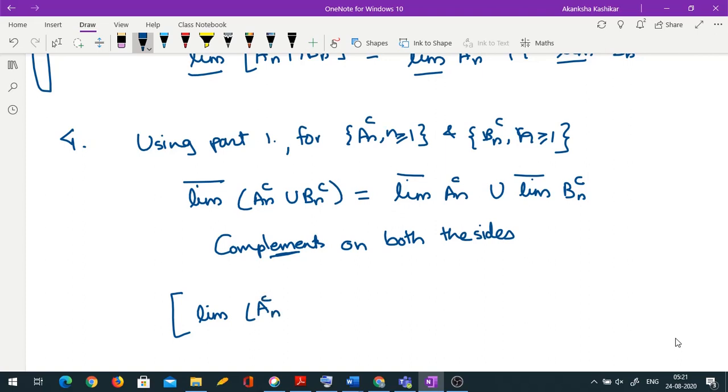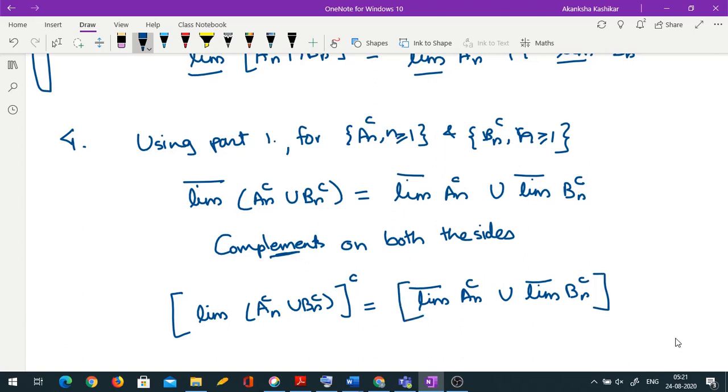So (An complement union Bn complement) whole complement is (lim sup of An complement union lim inf of Bn complement) whole complement. Okay, so this